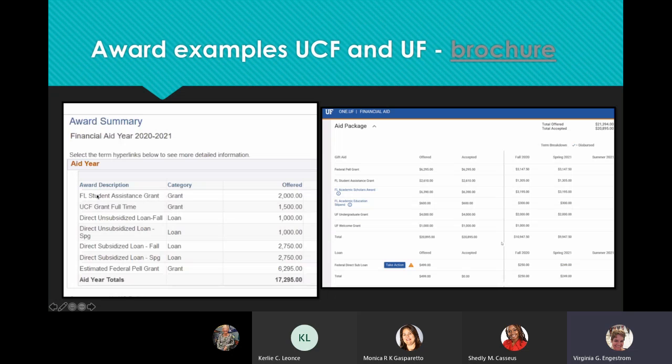Let's see what it is that UCF is offering. So you have grants here. This is a Florida Student Assistance Grant, FSAG. So it's free money. Wow, I like that. $2,000. They have a UCF grant, full-time. Probably if you're a full-time student, you're going to get that. So $1,500. And they have loans. Oh, no, we don't want that. And then at the end, they give another grant. This is the largest grant that the federal government gives, the Pell Grant. This year, the full Pell Grant is $6,345. So this person almost got the full Pell. That means that his EFC